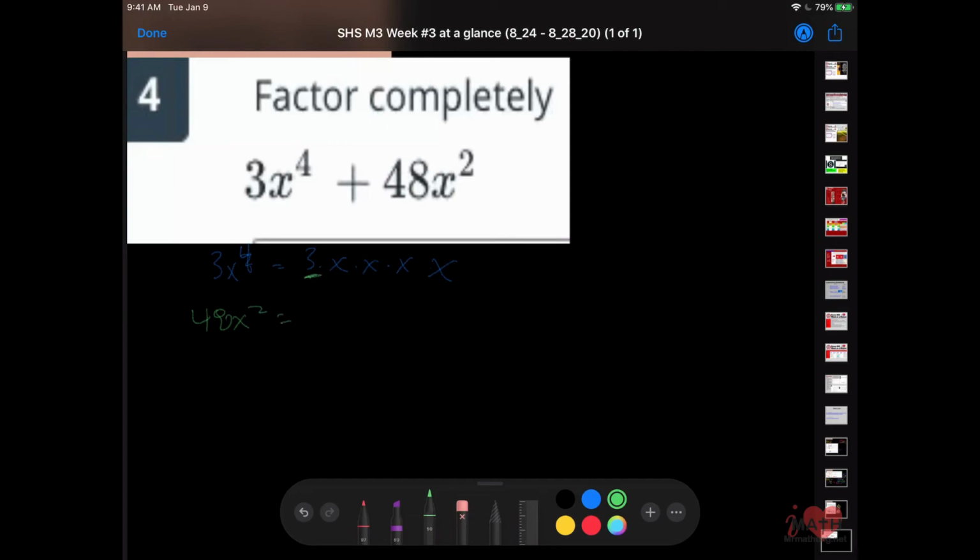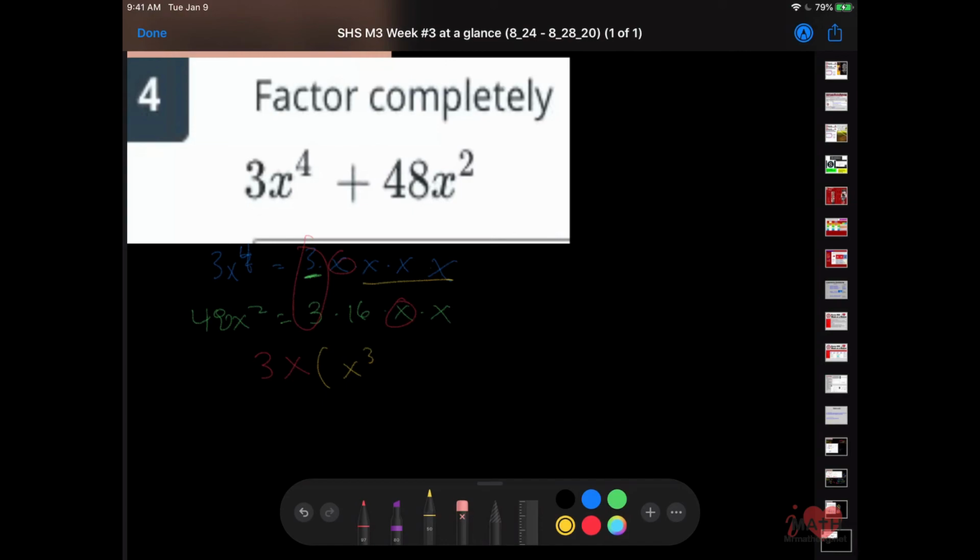well, here's your hint. This one has a 3, so I'm going to have to choose a 3. I'm going to use my calculator. 48 divided by 3 is 16. So 3 times 16, and then I have 2 x's here. So my GCF is going to be a 3 and an x. And what did I not highlight there? It's going to be an x to the third